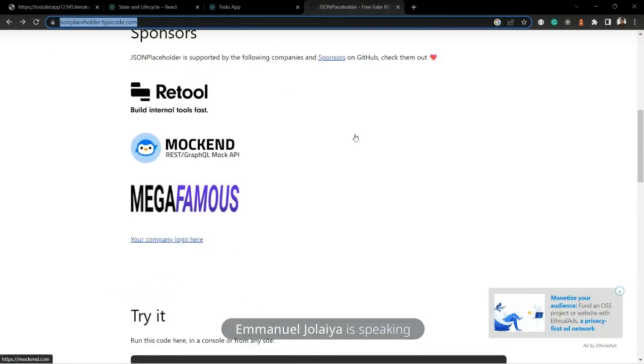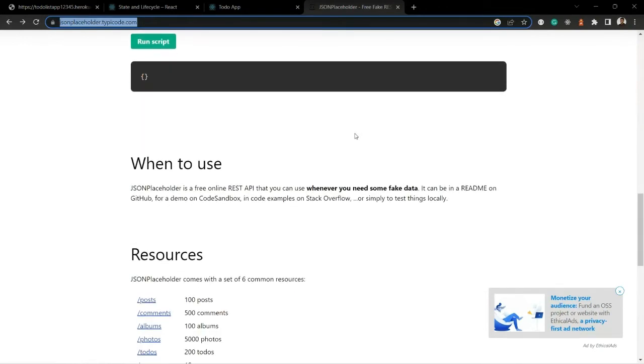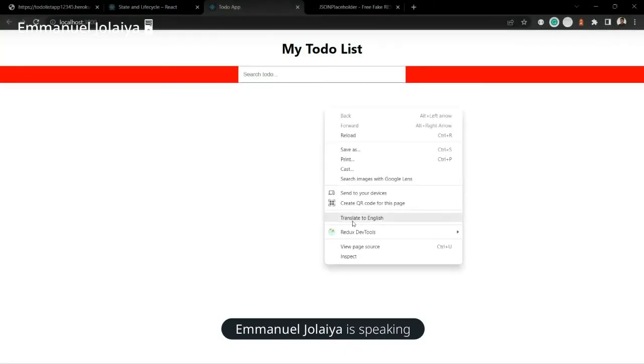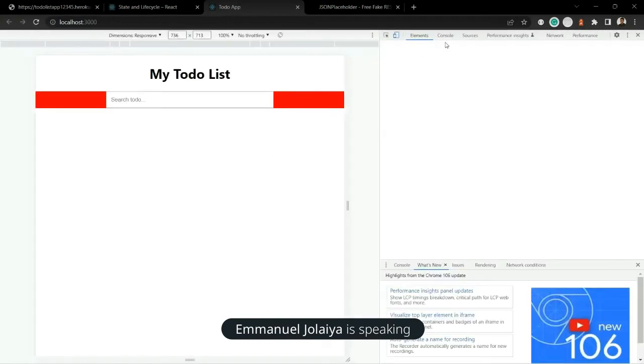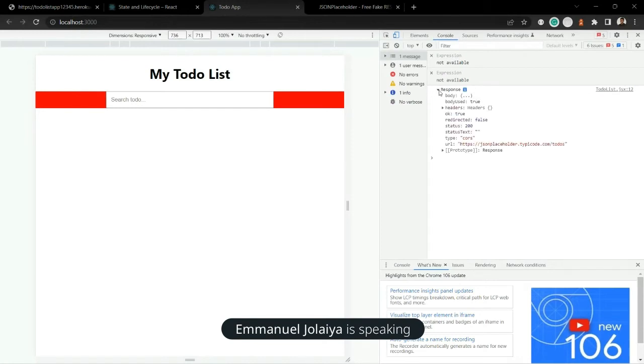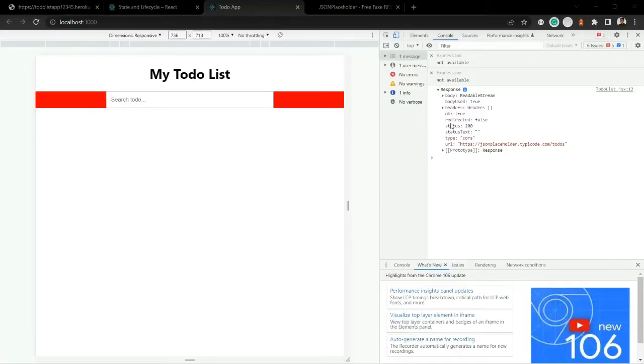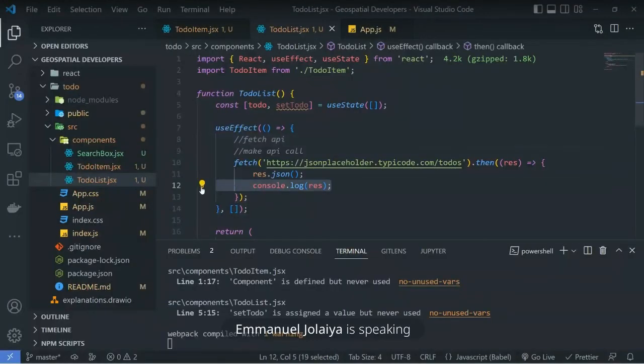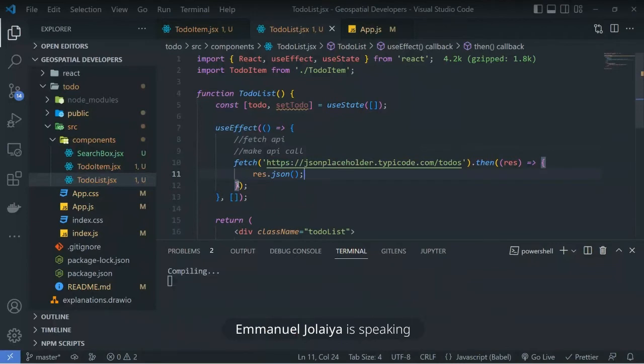I hope it works. So in the app, let me inspect and see if it's logging in the console. Oh, awesome, so our response is logged. Good. Okay, it's true, status is 200. I think we mentioned during the Django REST framework class that 200 means okay, so it's working. So the fetch API works. That's just for us to test if this works. So now that we have our response and we are sure that it's working,